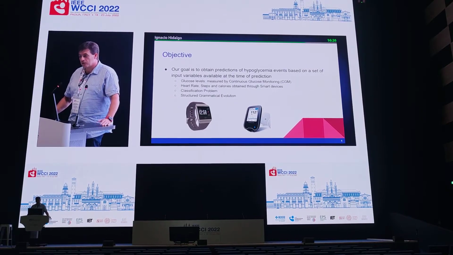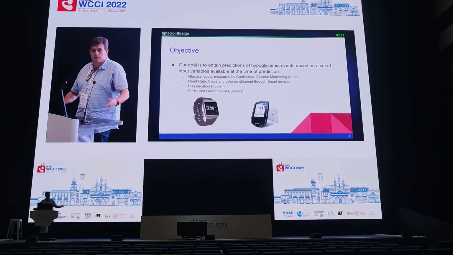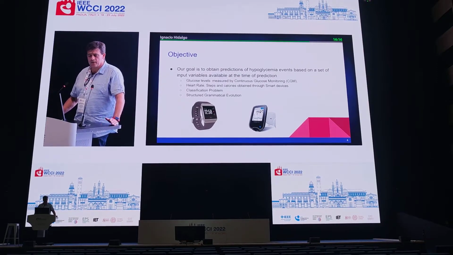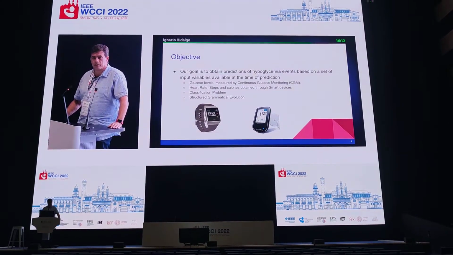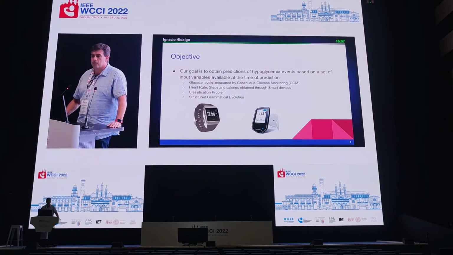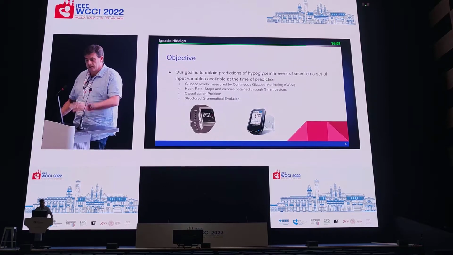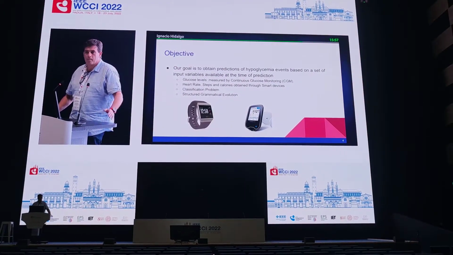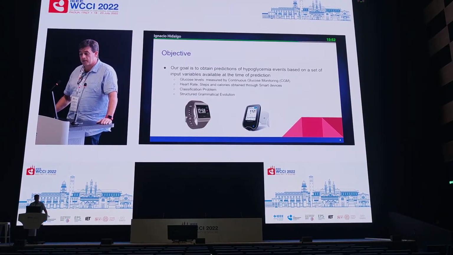That is usually a continuous glucose monitoring system that is nowadays spread across the population with diabetes. It gives us a measure of the glucose value every 15 or 5 minutes, depending on the brand and the model of the continuous glucose monitoring system. And also, we include information from smart watches such as a Fitbit or an Apple Watch. We have more variables, but we selected 3: the heart rate, the steps, and the calories obtained with